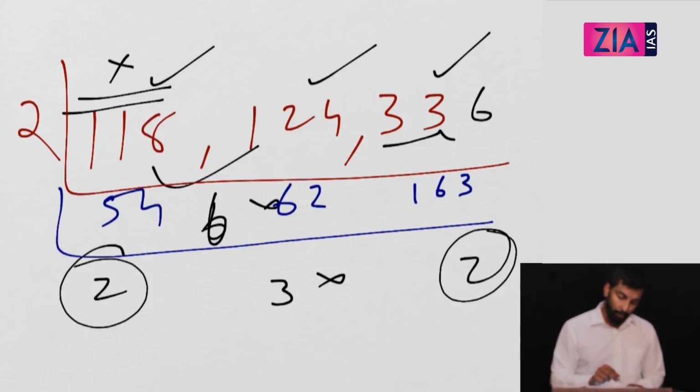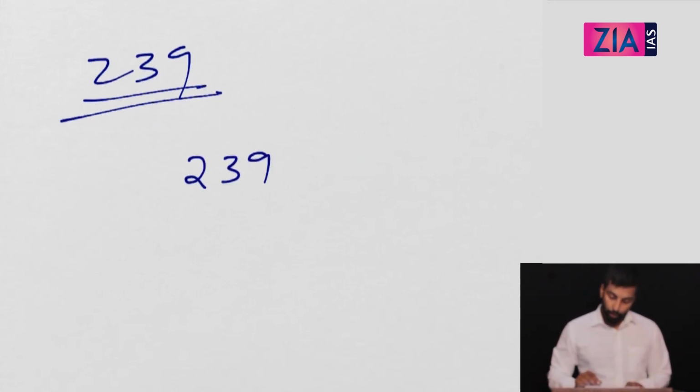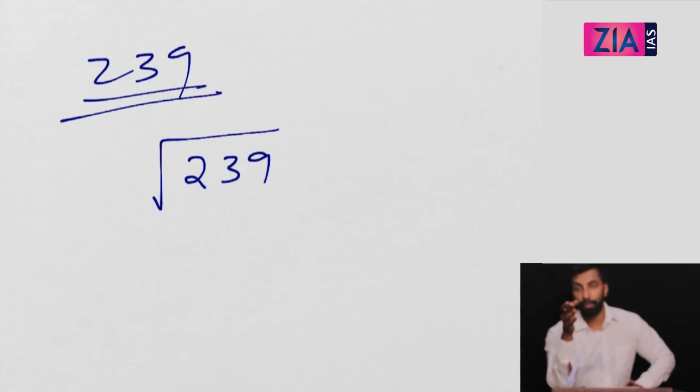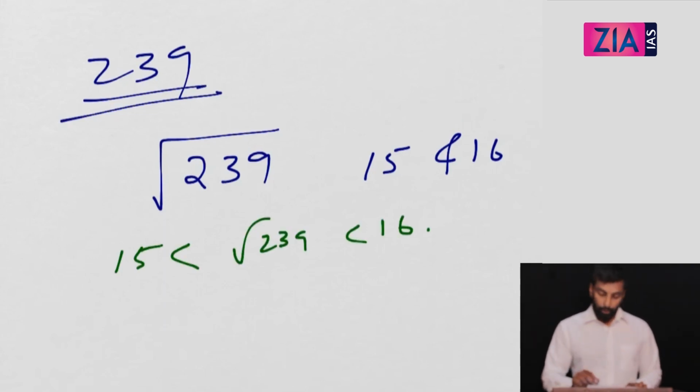Now one more thing I tell you, in case if you need to check whether a number is prime or not, you may get questions like how to check whether the given number is prime or not. Just like this, if you need to check 239, whether this is prime or not, how will you check? What you need to do is, you take the approximate root of 239. Okay, you know 225 is the square of 15, 256 is the square of 16. So it is actually between 15 and 16. So root 239 lie between 15 and 16. That's what you know, right?